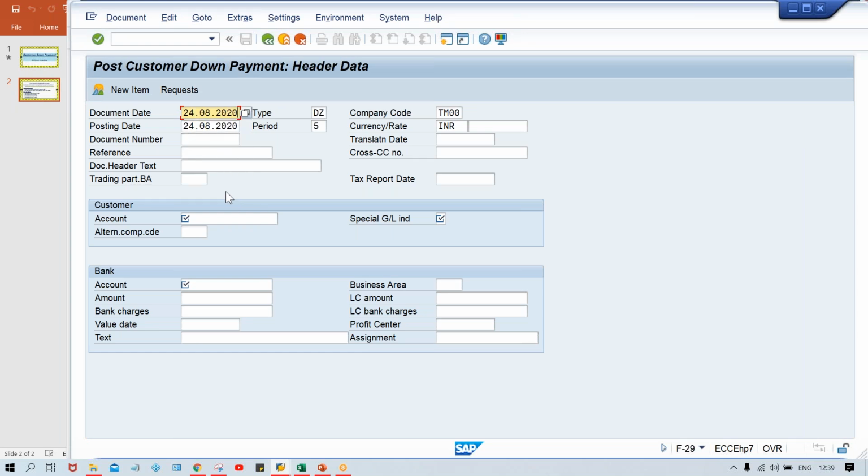Give a date here and give your customer account. So what is the customer account, guys? 100232. Special deal indicator always you have to give whenever you are going to post the down payment, and if you don't give, then system will not allow you to proceed further. You must have to give, and then down payment is going to be